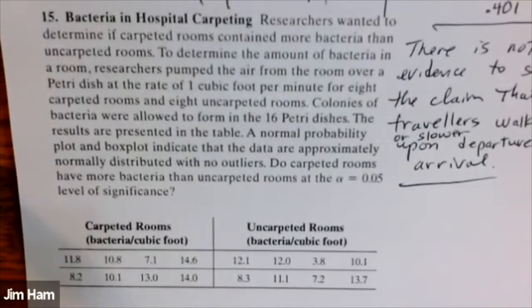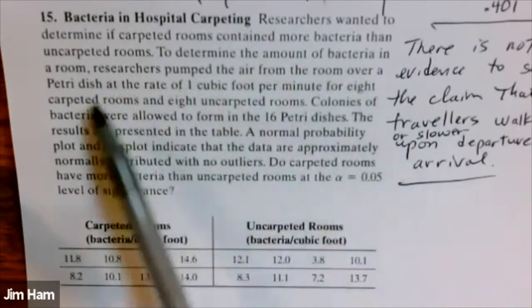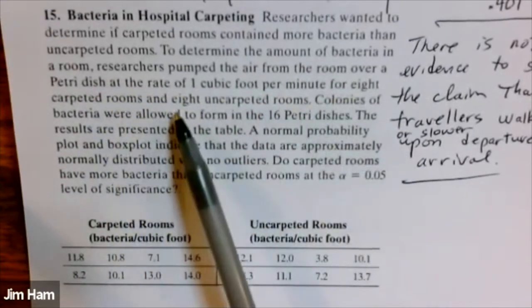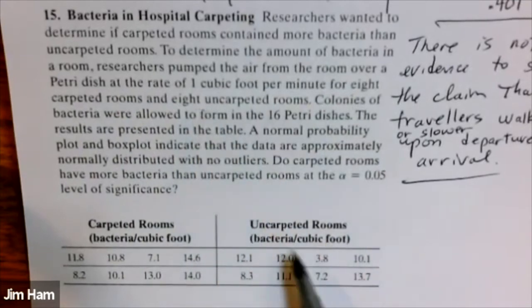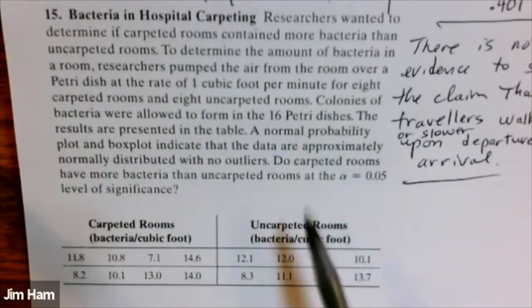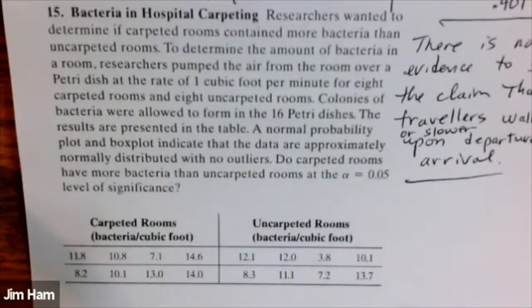All right, so here's your second example, and this one is related to bacteria in hospital carpeting. They want to determine if carpeted rooms contain more bacteria than uncarpeted rooms. So to determine the amount of bacteria in a room, researchers pumped the air from the room over a petri dish at the rate of 1 cubic foot per minute for 8 carpeted rooms, and then did the same thing for 8 uncarpeted rooms. And then measured the bacteria in the petri dishes. Counted them up, and this is what they found. Do carpeted rooms have more bacteria than uncarpeted rooms? At alpha equal